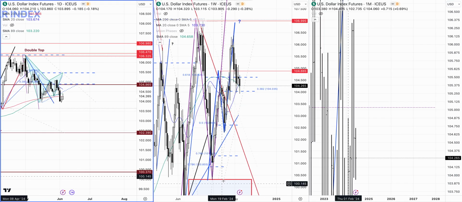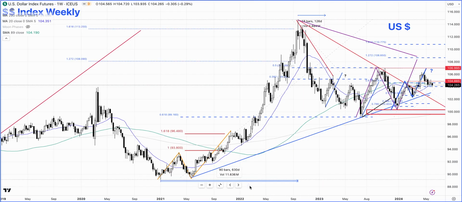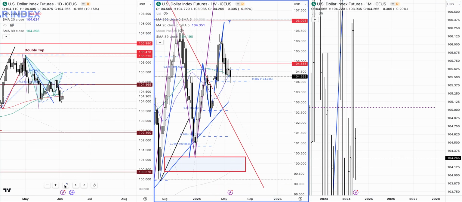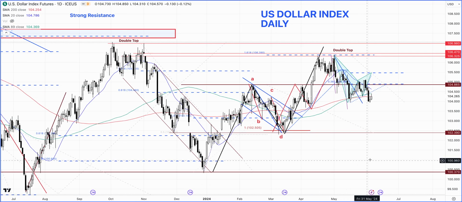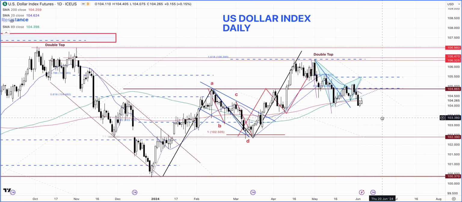And I believe on the weekly chart it was also finding support from the 20-week moving average, and the 89 is around there as well. But on the daily, the scenario is actually changing a little bit and there's more weakness coming into this. However, the past 2 weeks have been positive for the dollar, so the dollar is a little bit stronger,